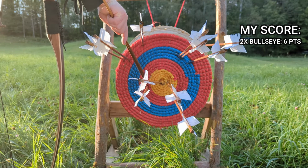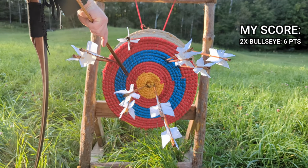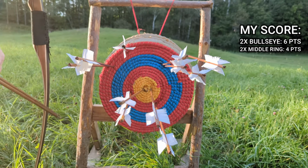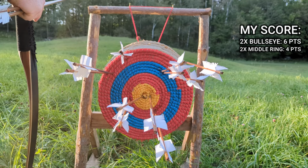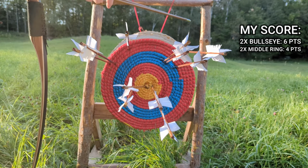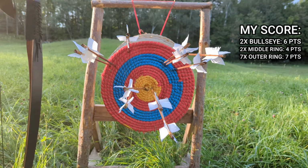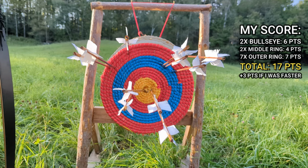Since this is actually a 4-ring and the one from the game is a 3-ring, I would say that the second ring goes until the first 2 loops of this. So we have 2 well within that, so those ones are each 2 points, so that's 8 points so far. And all the rest of the hits I have would be considered the outer ring. So we have 1, 2, 3, 4, 5, 6, 7. So 15 points total, and my extra 3 or 4 points, depending on what it is, if I did it